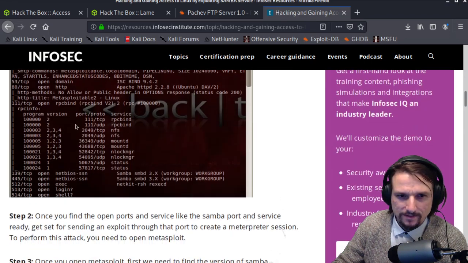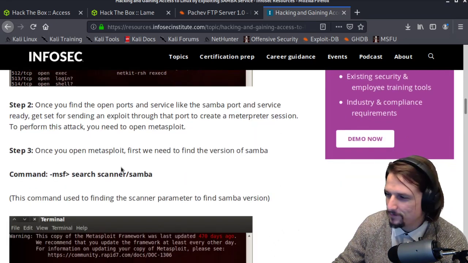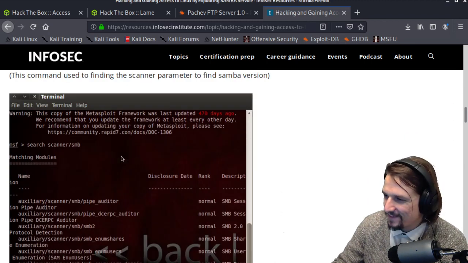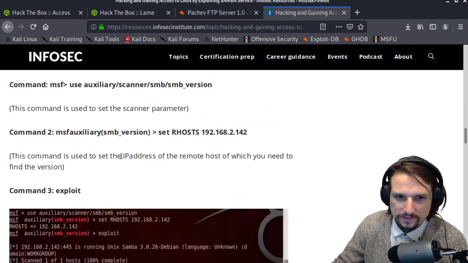Backtrack. Here's Metasploit again. There's just so much on Metasploit, because at this point,